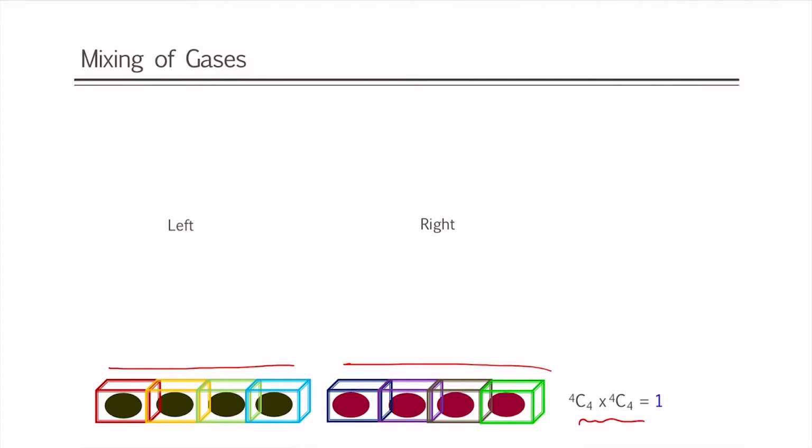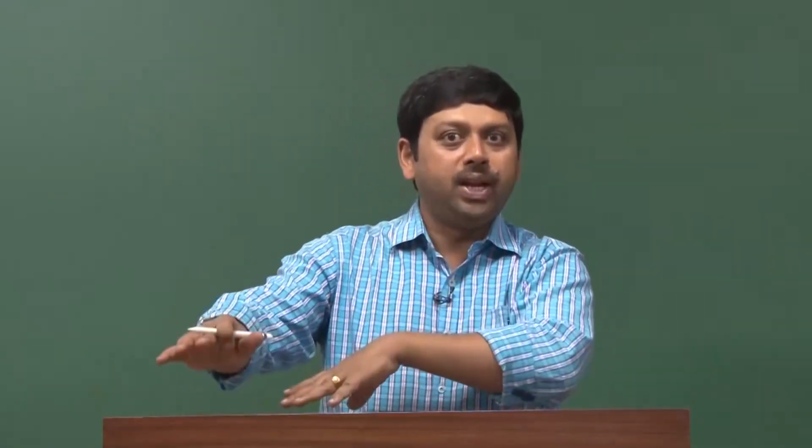And why are we multiplying it? Remember, probability multiplies, which means that I have to fill up the left box with 4 particles and the right box with 4 particles. I do not have an or choice. I may not choose not to fill, I have to fill it. So, I have an and probability, or rather a number of possibilities to calculate. Remember, when you calculate the probability, it is a numerator by denominator. Here we are talking about just the denominator, or the number of sample spaces, and whenever there are 2 sample spaces,